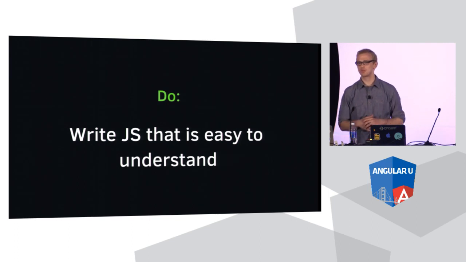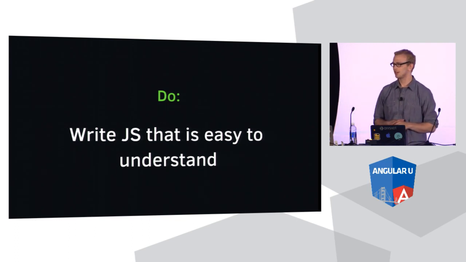We want to write JavaScript code that's easy to understand. There's no bonus points for using every single feature of Angular. There's no scorecard. We want to write the best code, and if Angular is that way, then let's go with Angular. If we're writing an incredibly complex directive and functional rendering is an easier way to do that, let's go with functional rendering because React is 150 kilobytes, but virtual DOM is a few kilobytes, and we can include it in our applications without having to spend 2 months learning another enormous API.